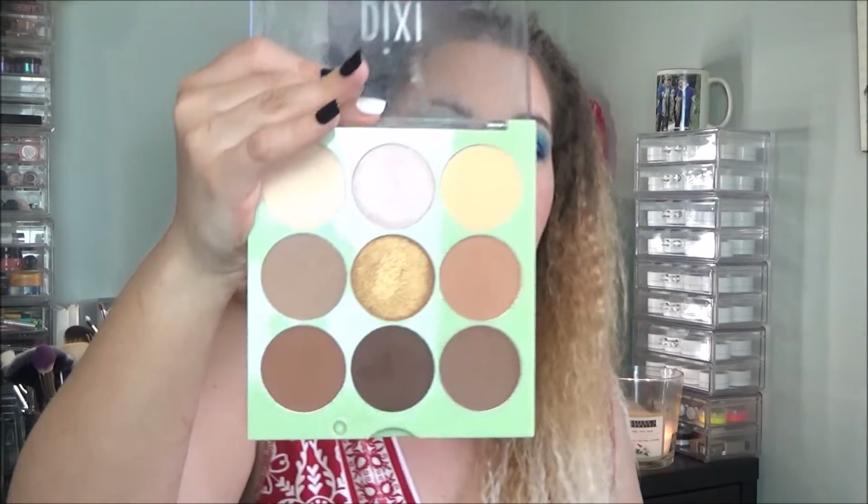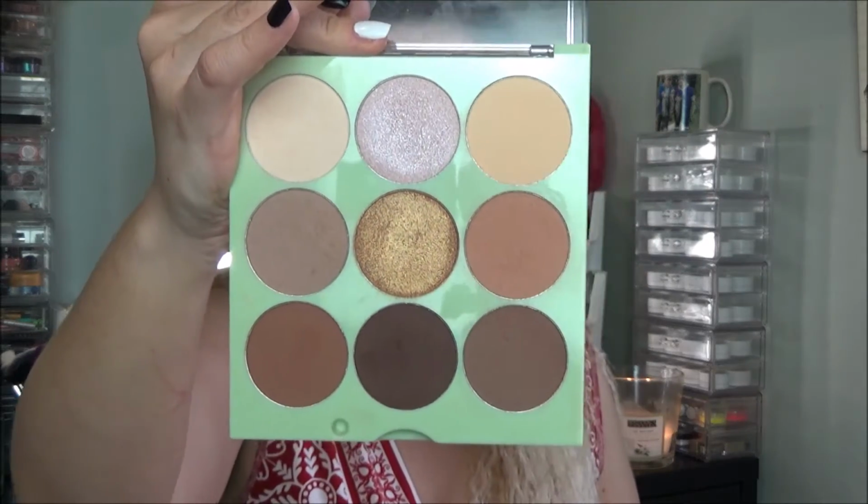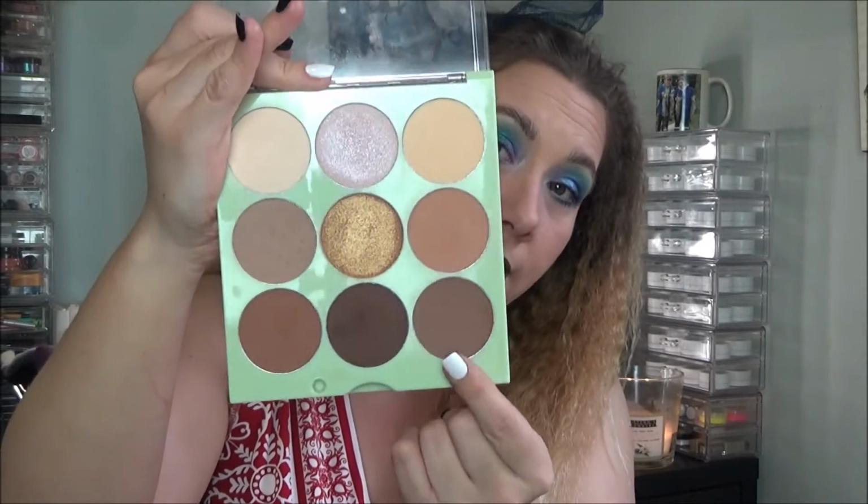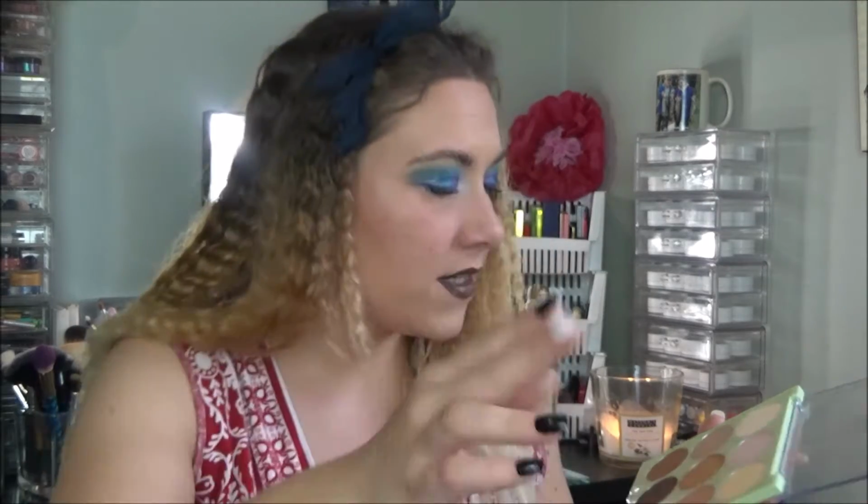Now, I do realize that a few of these shades I am never going to touch. Like, let's see, Bizarre, probably. Spice, I could probably mix a little bit, but eyeshadows at best. I still like the quality. I think that if you like these kinds of full face palettes, you'll like the quality of this one. I wasn't absolutely thrilled about the highlighters, but you know, they're all right. They're pretty and they're smooth. They're not like their